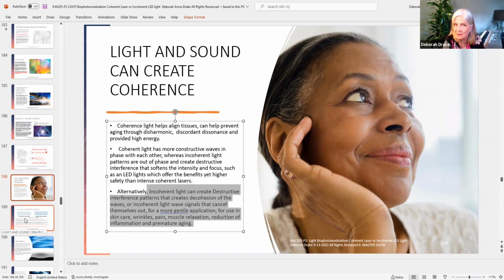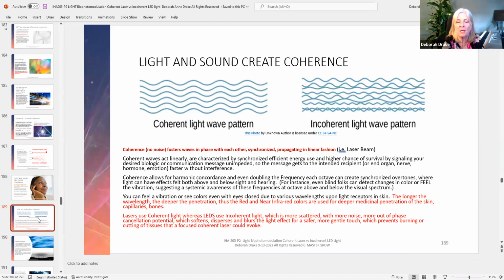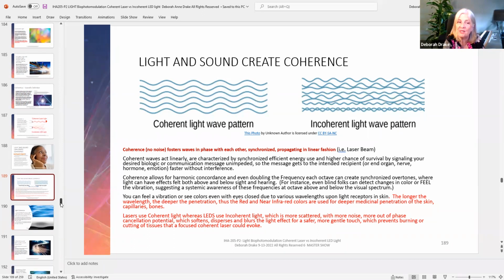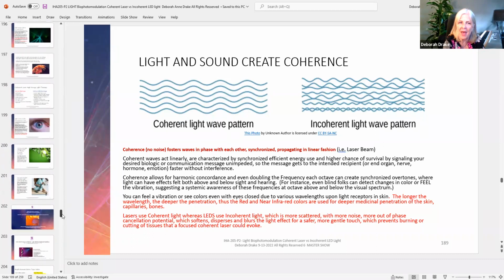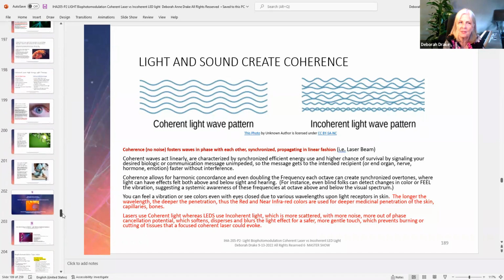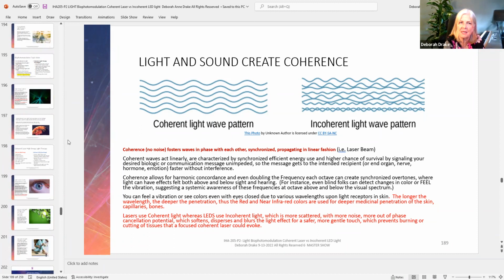Okay. So in the next, I've got another 100 slides to go. So I'm going to have to bring you back next week to start talking about how we're going to apply these incoherent waves versus coherent waves, and how the harmonic improvements in the body are going to really come around the corner more quickly than you can imagine, with less invasion and more results, because the mitochondria is actually healing itself. So on that note, let's just take a moment here.